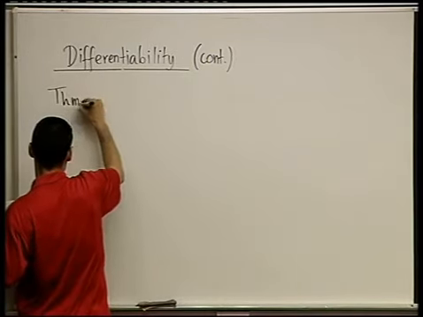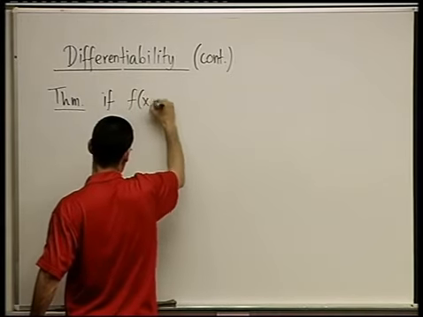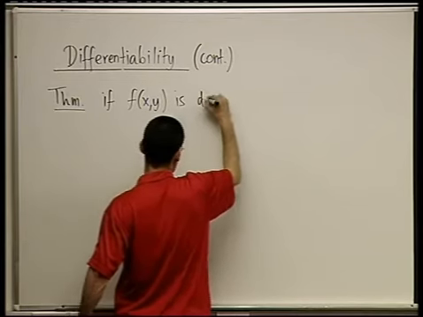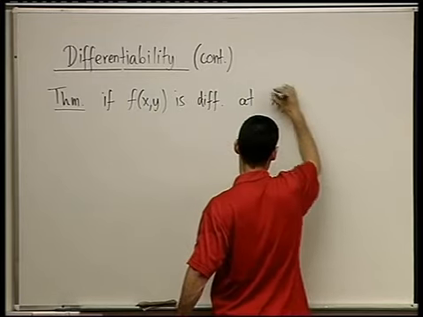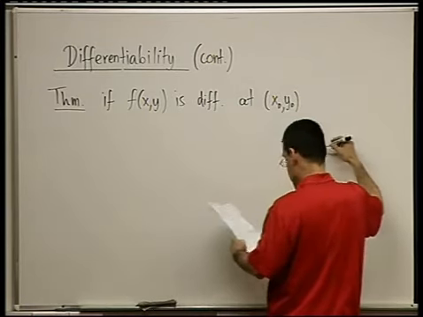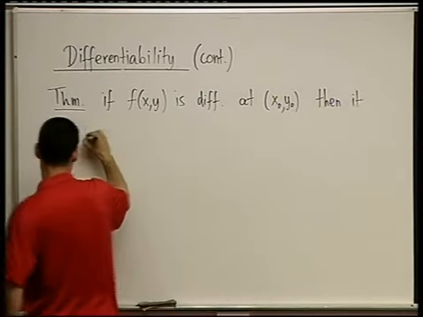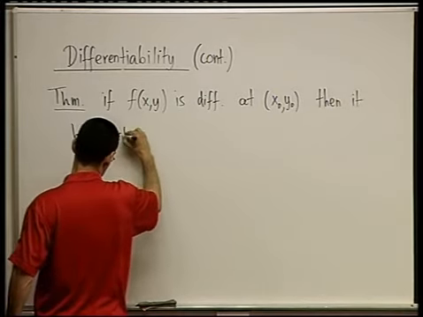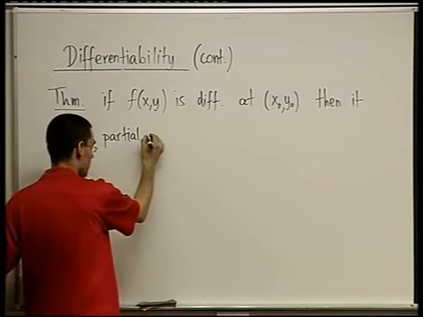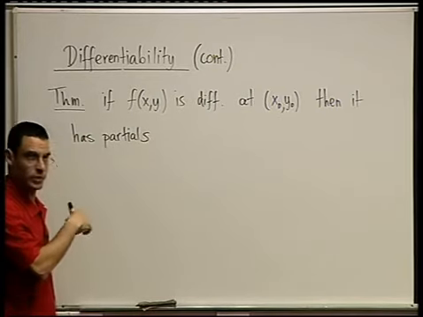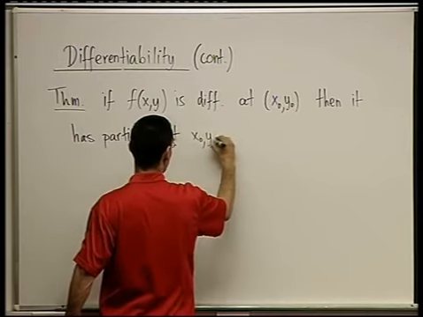So theorem, if f(x,y) is differentiable at a point (x0, y0), then it has partial derivatives, sometimes called among buddies partials. Okay, the partials are partial derivatives at that point,